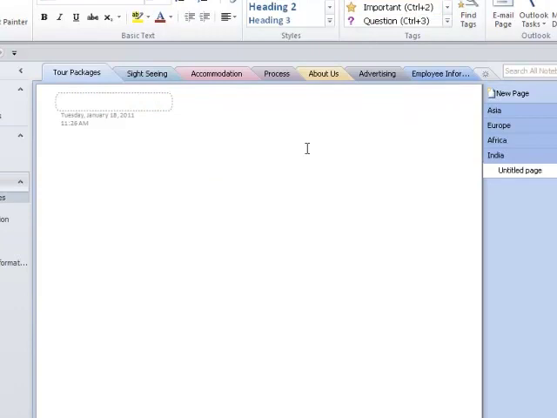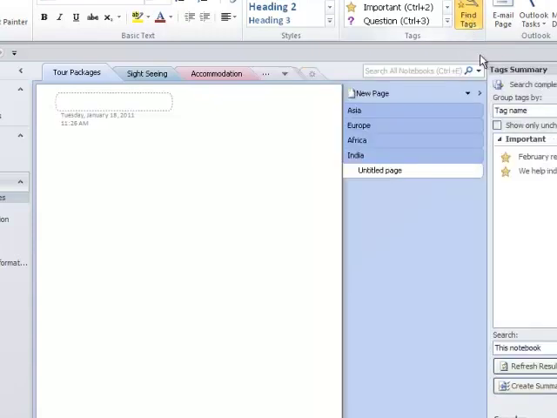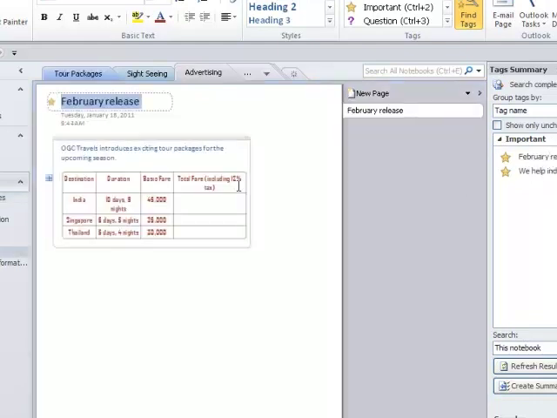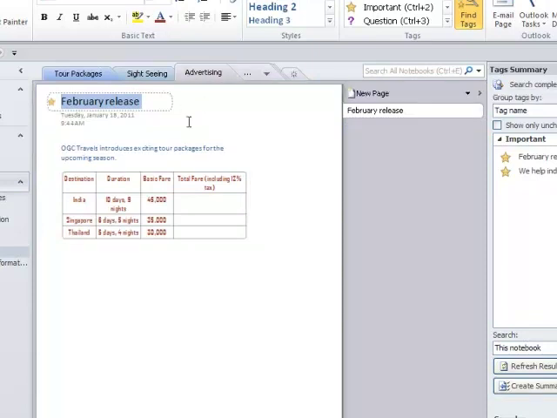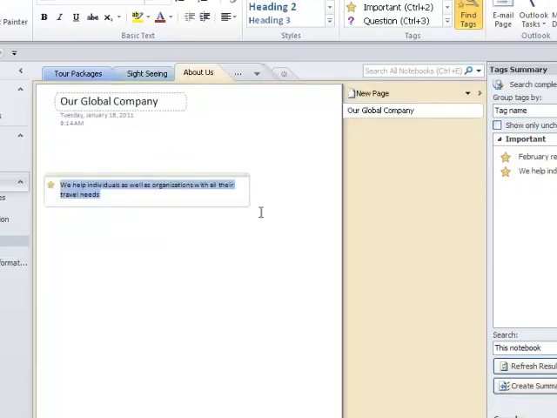Let's say it's 2 hours later, and now I want to go find tags, the important information that I've flagged. When I click on Find Tags, Tag Summary pane comes up on the right side. And you can see that the important items here are listed. So I can go to February release, and I am taken to the advertising section to the February release page. When I click on this important one, of course, I am taken over to where we've flagged it